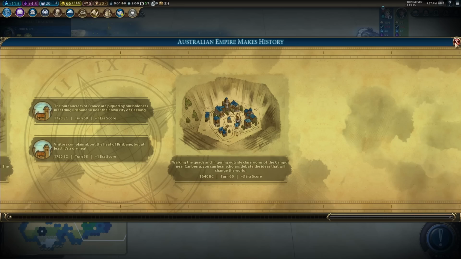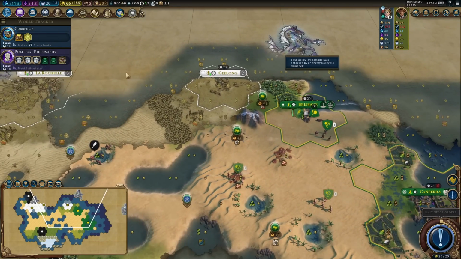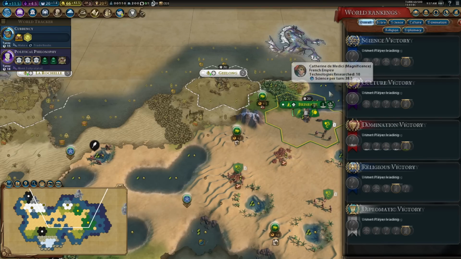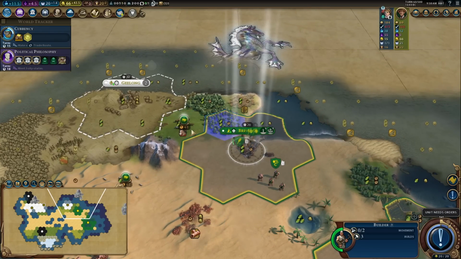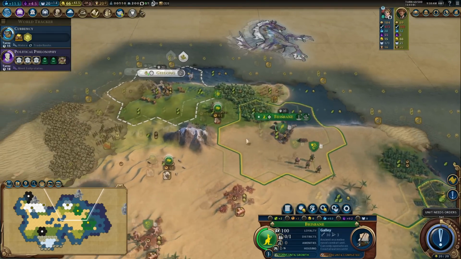So that's cool. There's the campus. It's finished. We've got 11 science coming in per turn. France is doing really well with 38, and we're very much in last right now. But I'm only 2 techs behind them. It's not too bad a start, really. I'm going to move my builder to that tile, and next turn I'm just going to quickly nab it, because